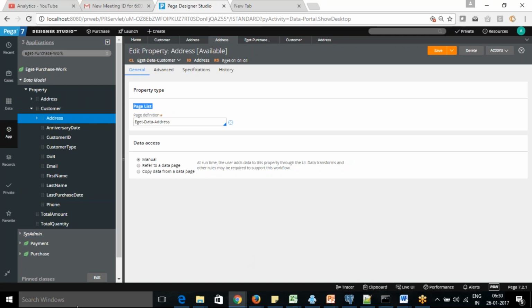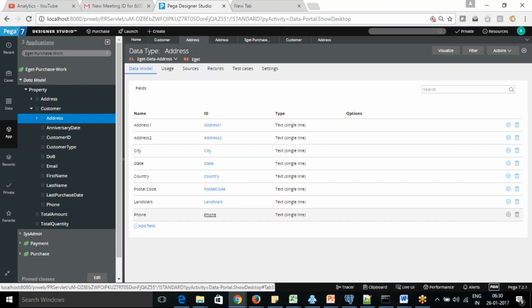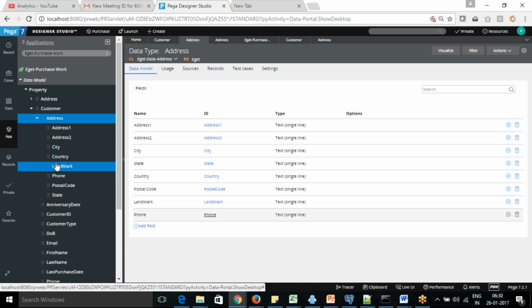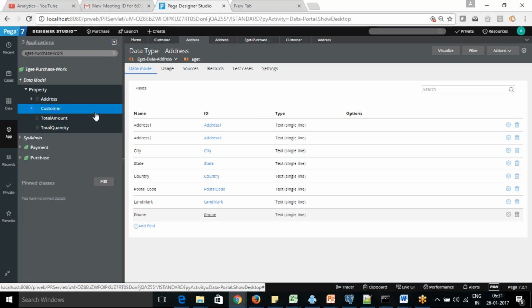So this last purchase date is part of customer, it's not part of address. Yeah, we added it in the customer data type. Okay, and if you go inside address and add phone number, that goes to everything. Yes. What is the difference between this address here and the address at the top on the property?